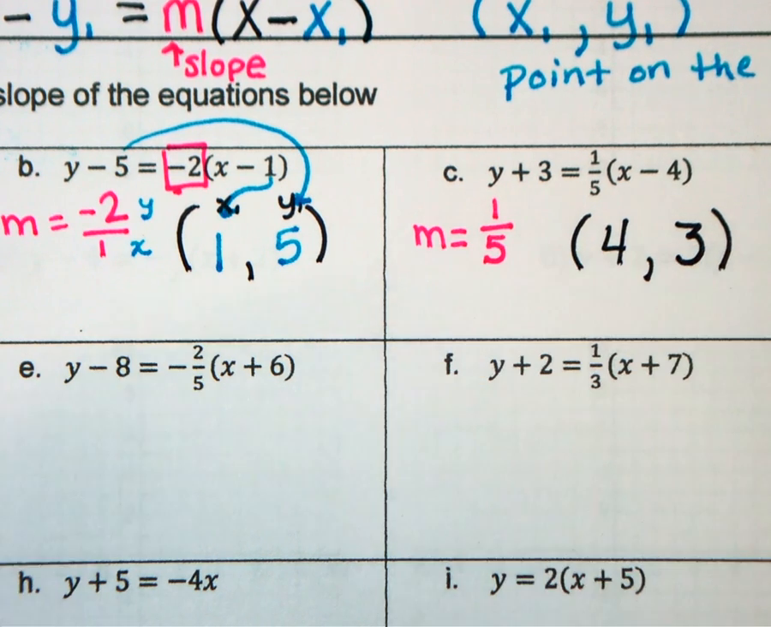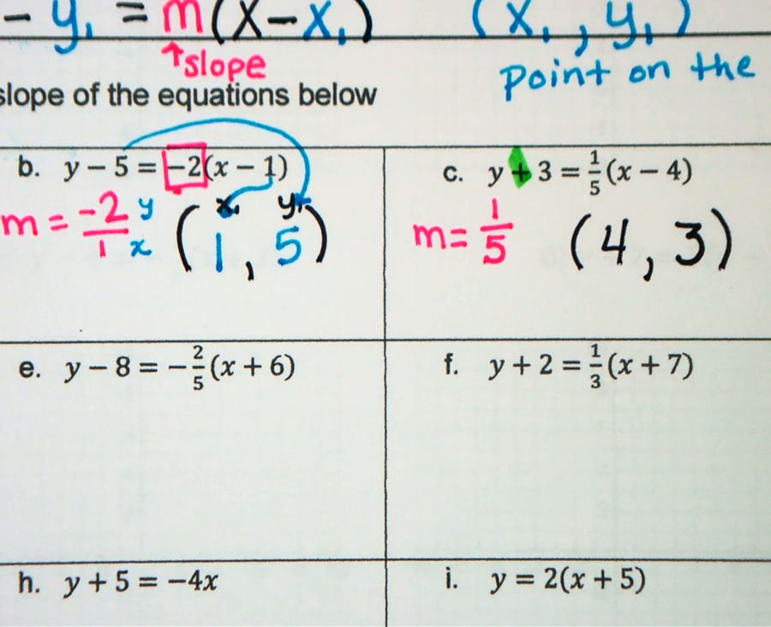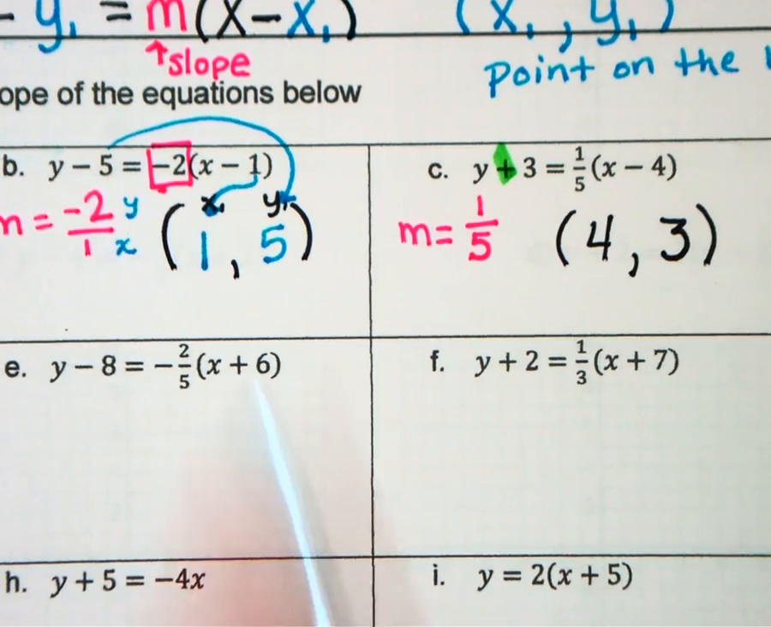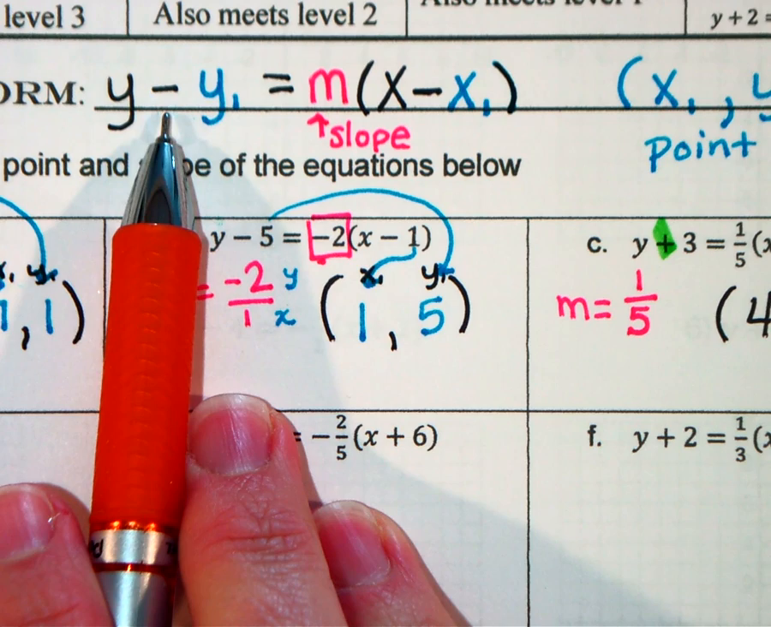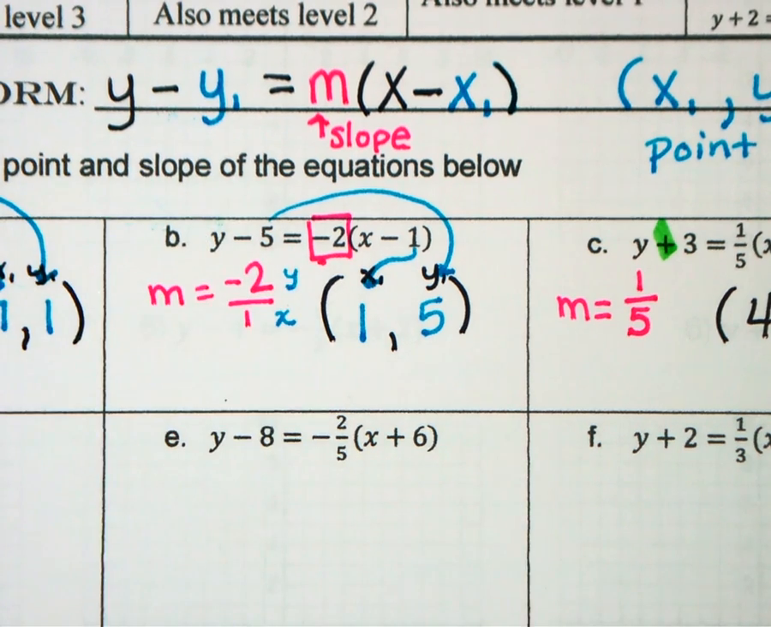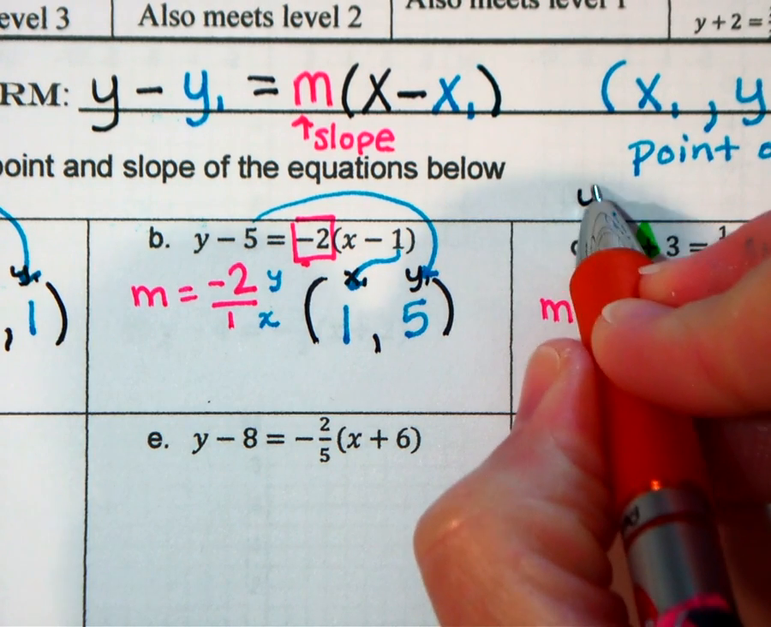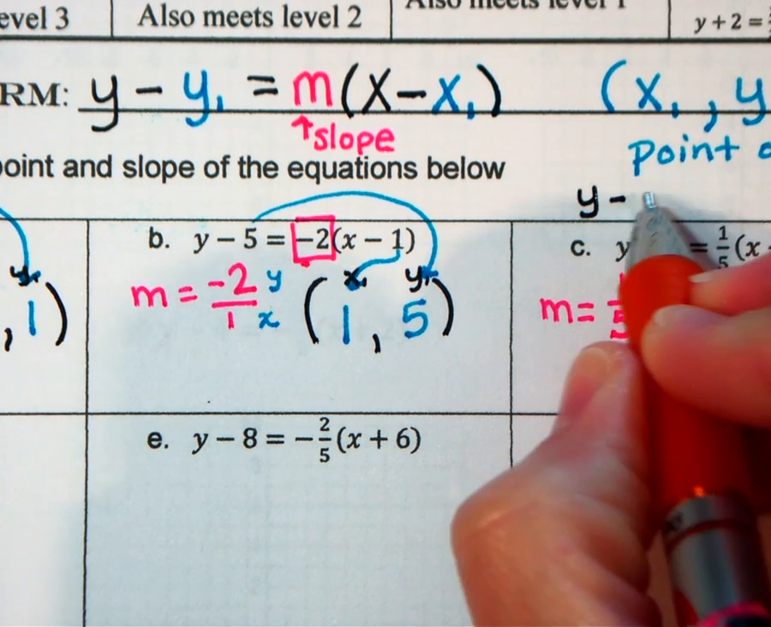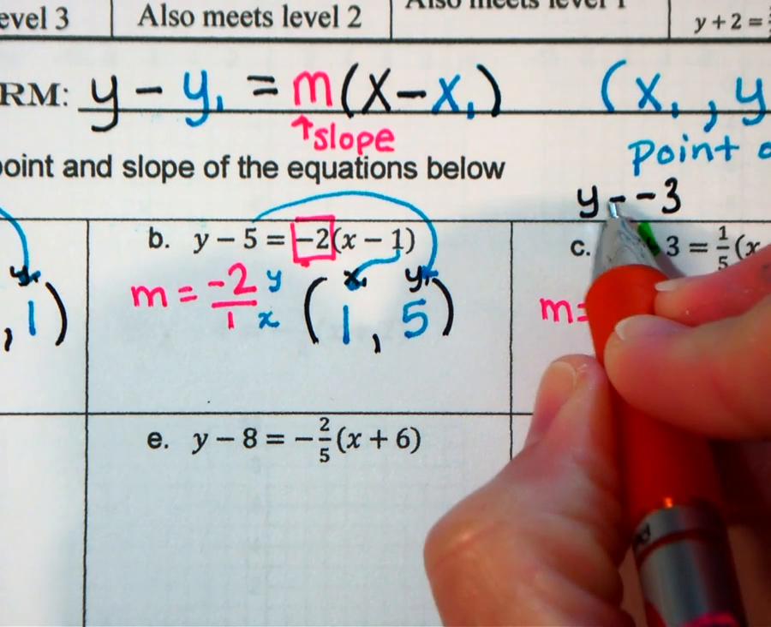Now, before you move on too fast, did you notice that this sign was a plus? Did you notice that? So how could that have been a plus? It's supposed to be a minus in the formula. So how did that change to be a plus? The only way to change it to a plus is it must have been y minus a -3. That would have made me write